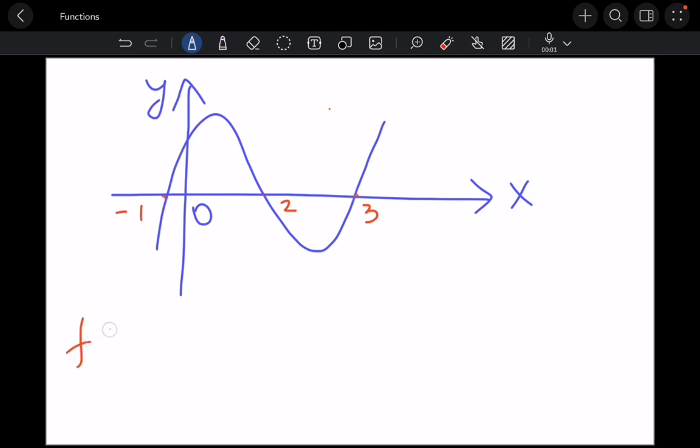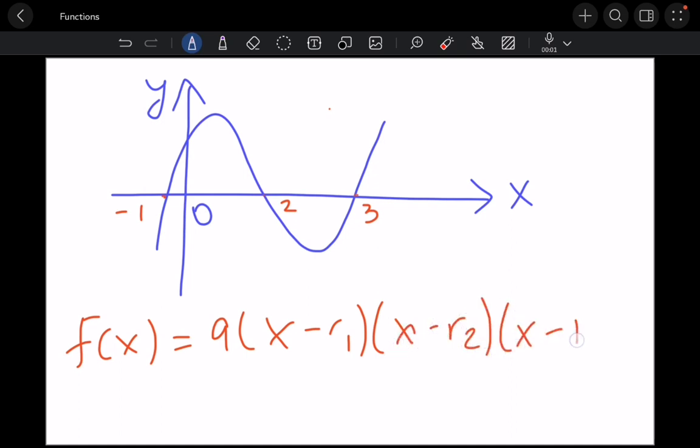Like I said, we are going to say f of x is equal to a times (x minus root 1)(x minus root 2)(x minus root 3). This you do only if your function cuts the x-axis 3 times: 1, 2, 3. We'll visit other cases in which this function doesn't cut the x-axis 3 times. Okay,